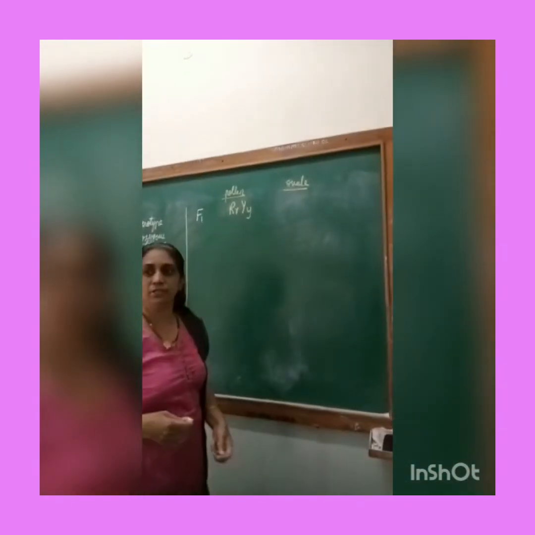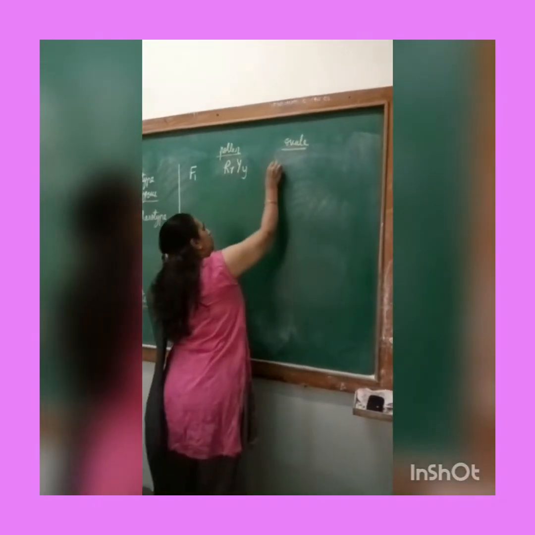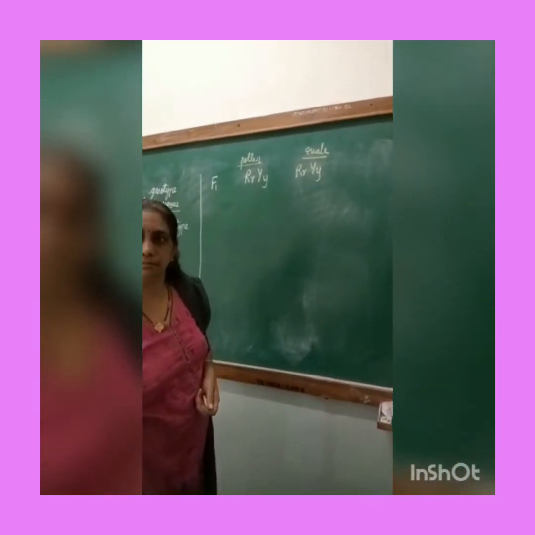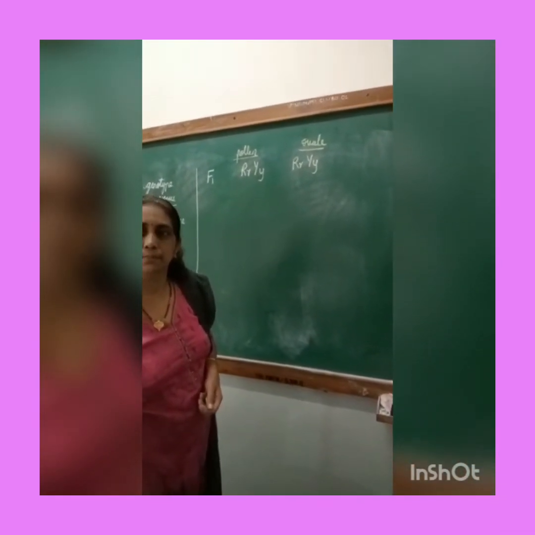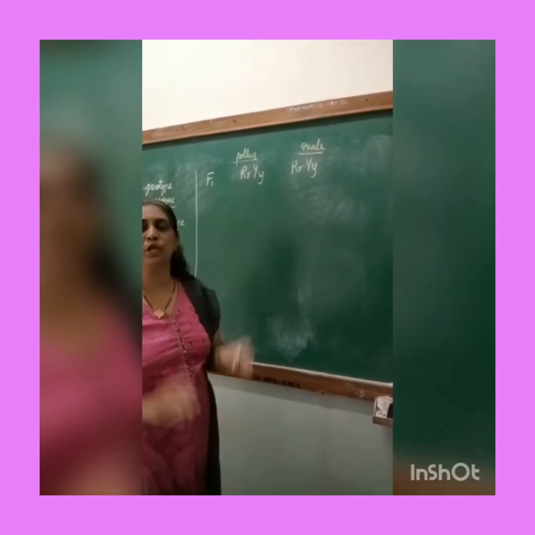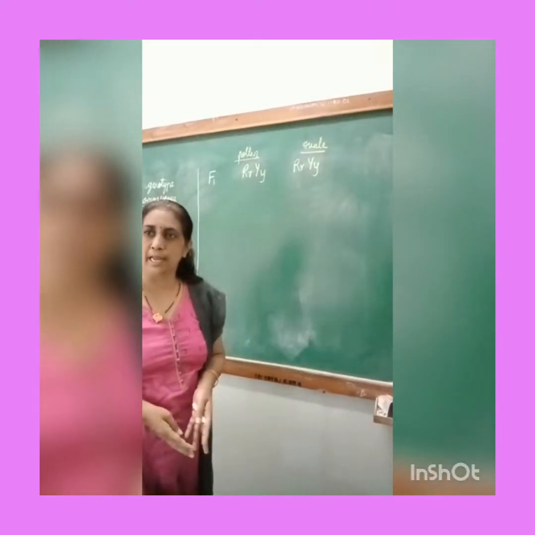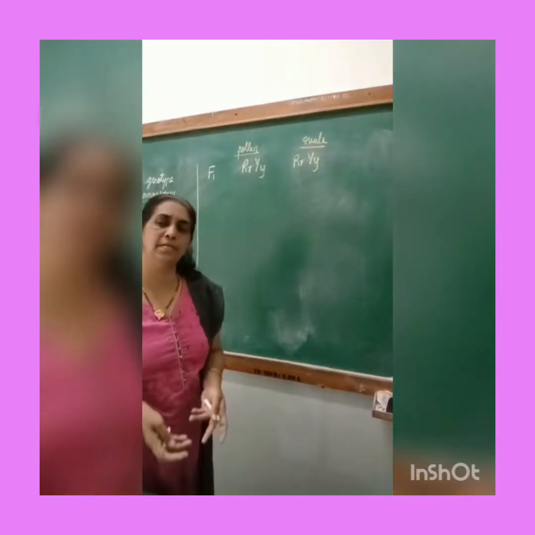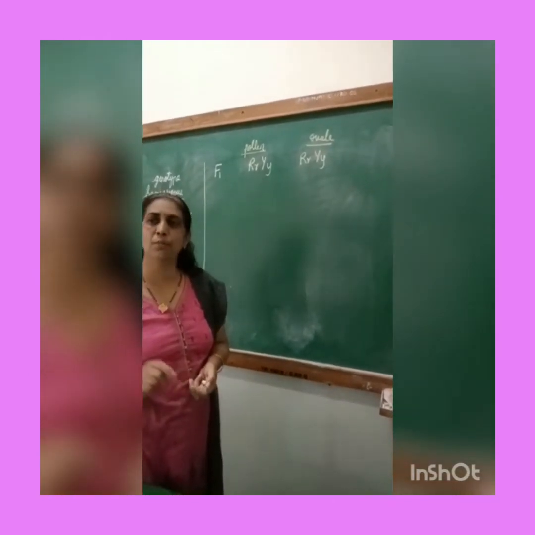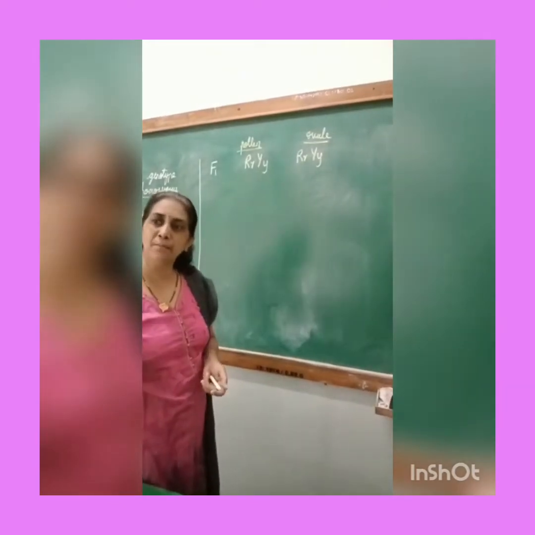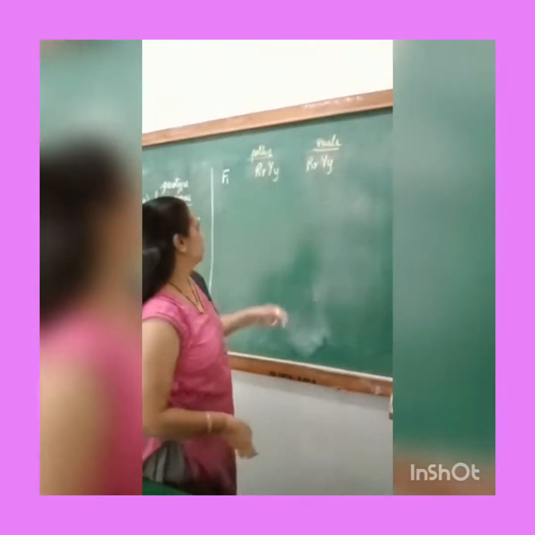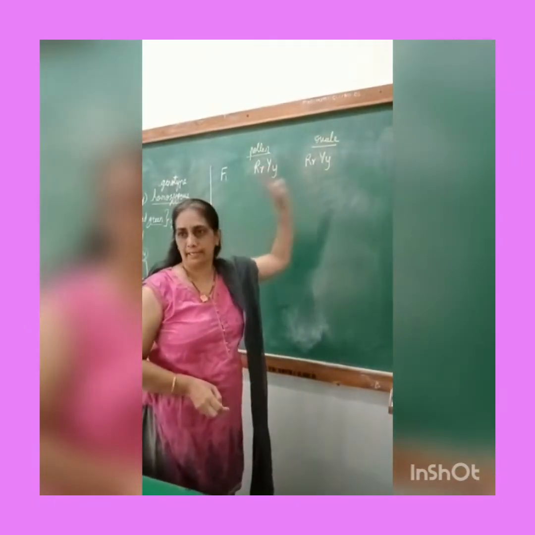Again, what is the genotype of the ovule? It is also the same: capital R, small r, capital Y, small y. Okay? This is understood? So what Mendel did was that he self-pollinated the first filial generation. That is, he pollinated the first filial generation with its own type of flower. He took the pollen from the first filial generation and crossed it with the ovule of the first filial generation itself. Okay? So now he knew that they are all heterozygous.